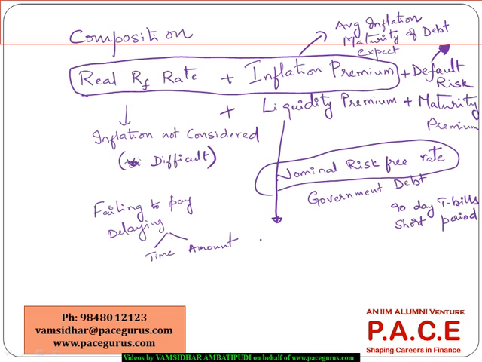Then the third dimension that I am bringing in is the liquidity premium. Suppose I'm holding one investment, but I want to sell it off immediately because I have some need for money. What typically happens is I may be forced to sell it at a lesser value. I may not be able to sell it at an appropriate